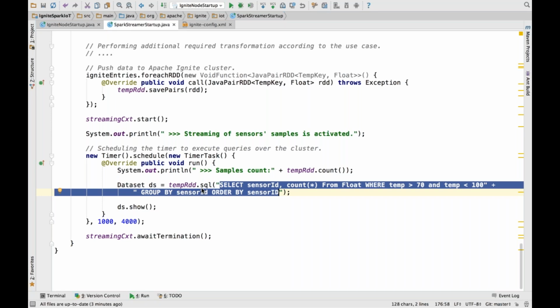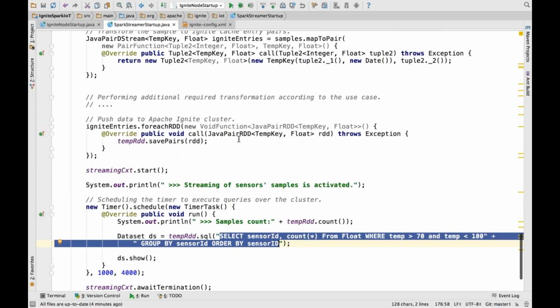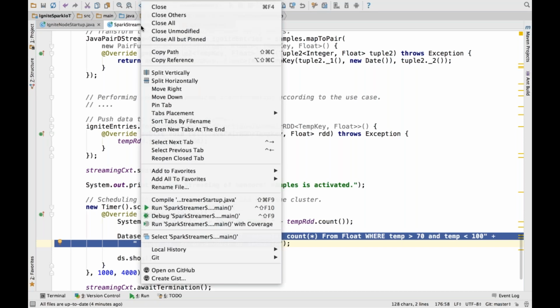We just want to confirm that the data is being streamed, that the number of entries is changing, and also that our expiration logic works, because as you may recall, we are not going to store all the samples in the temperature caches. We are going to evict those that are 20 seconds old.